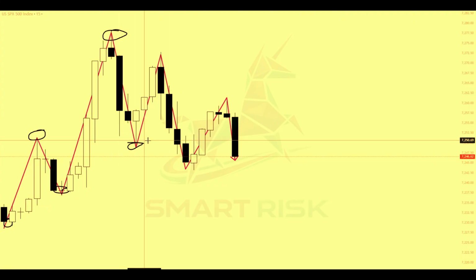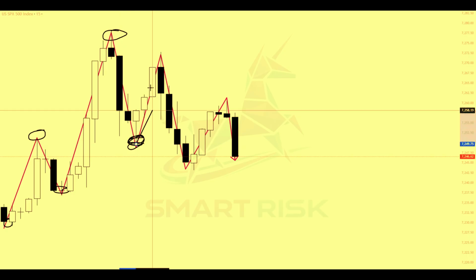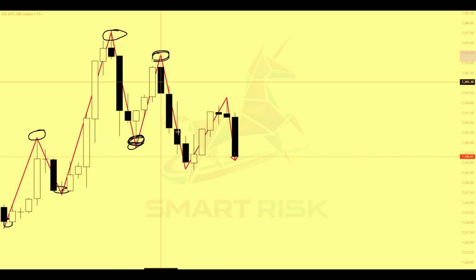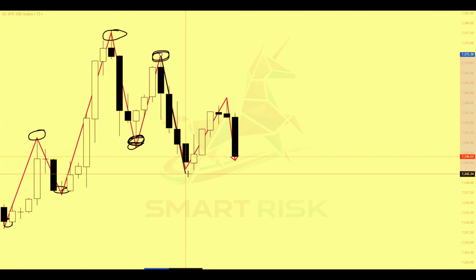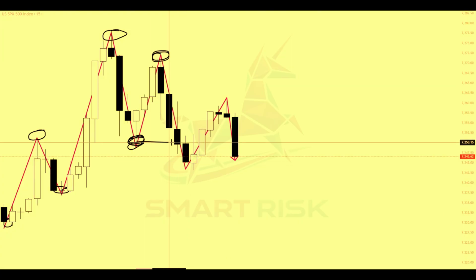Now, if we look at how it continued after this low, which was a higher low, we got an upside pullback that ended on a high. And from this high, the price fell down aggressively and broke below the previous higher low. So after this break of the low, now we can know with certainty that this high was a lower high, and the fact that it broke below the last low, that's a new lower low